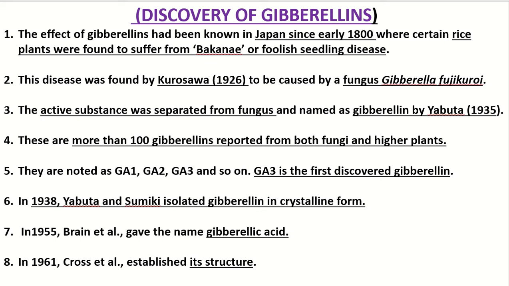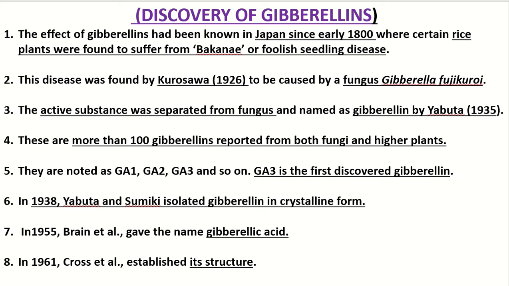The effect of Gibberellins was first noted by the Japanese people in the year 1800 itself, from the rice plant which suffered from the disease known as Bakanae, that is foolish seedling disease. This disease is caused by the fungus named Gibberella fujikuroi, and was noted by Kurosawa in the year 1926. The active substance separated from the fungus was named gibberellin by Yabuta in the year